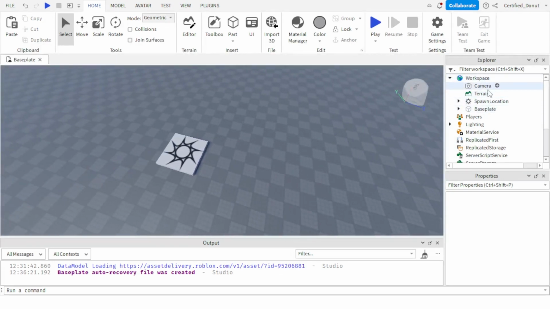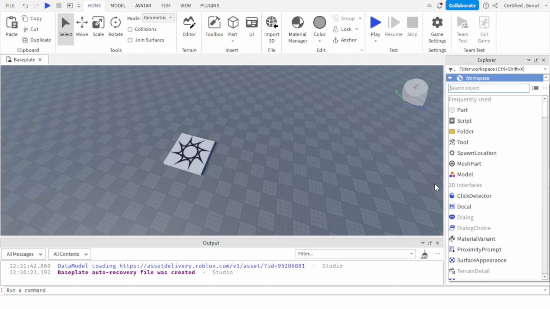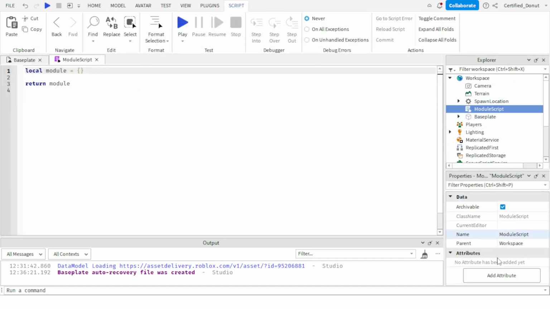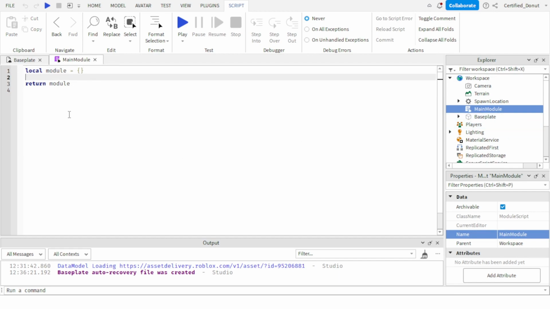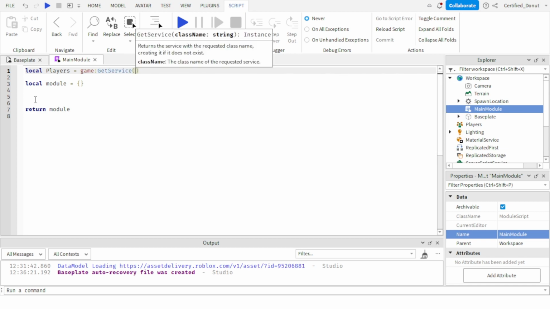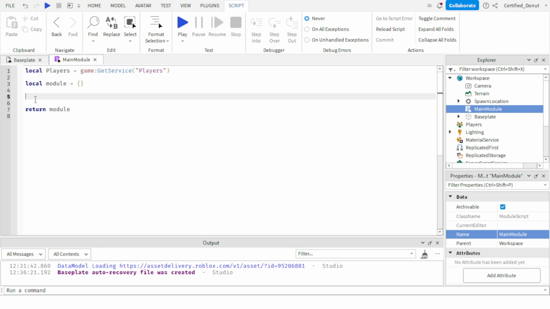So the first thing you want to do is in workspace, add a module script and name it main module. And you have to name it main module, by the way. And then first we'll need a variable, local players equals game:GetService("Players"). Now